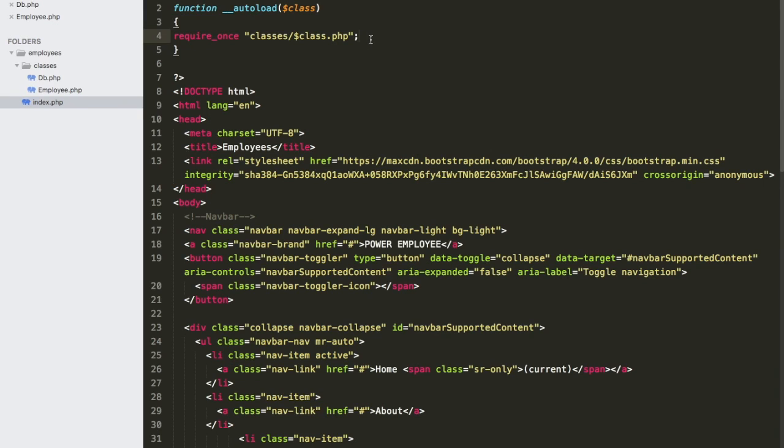So it is loading all the classes automatically. All right,